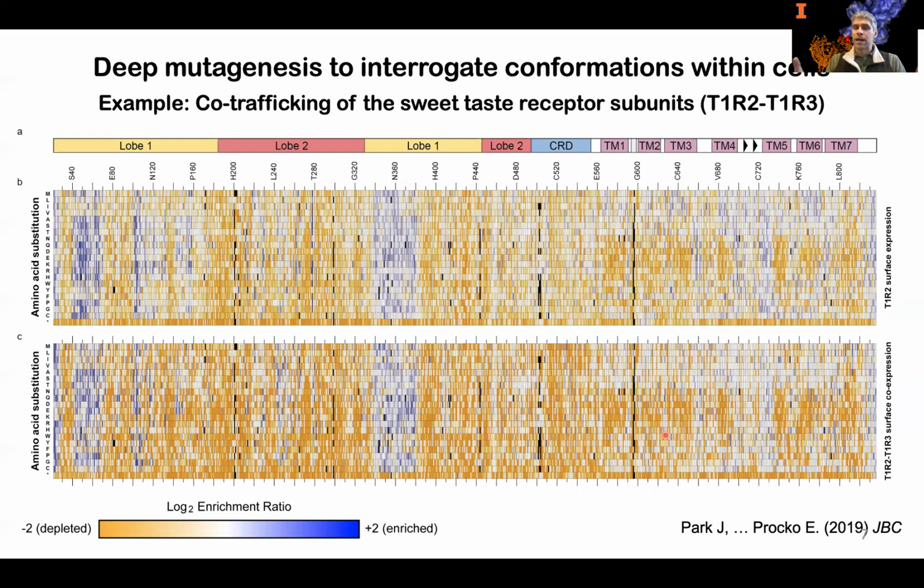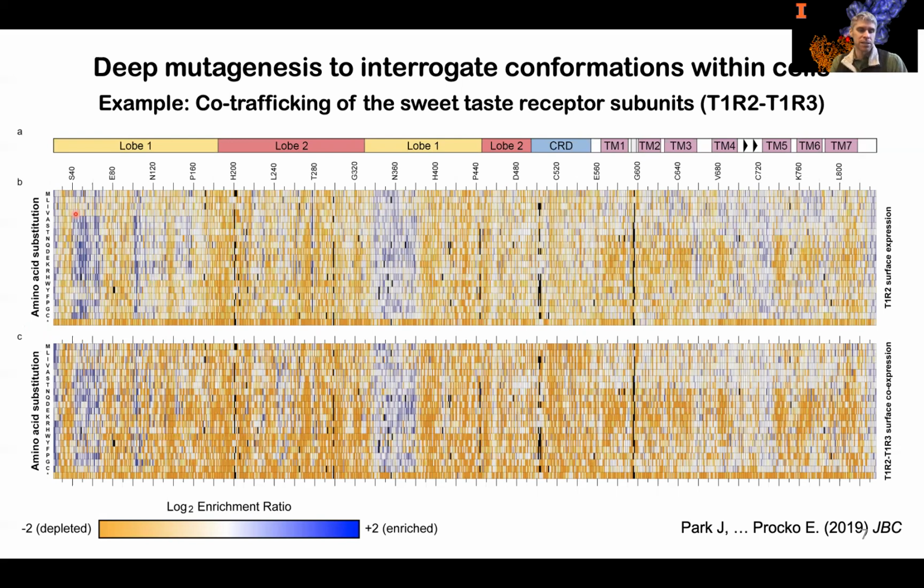The protein's around 850 amino acids. It was split into three libraries, so around 17,000 mutations here. On the horizontal, we are screening through the primary structure, the amino acid sequence, and on the vertical are the different amino acid substitutions. So orange means that a mutation is deleterious and was depleted